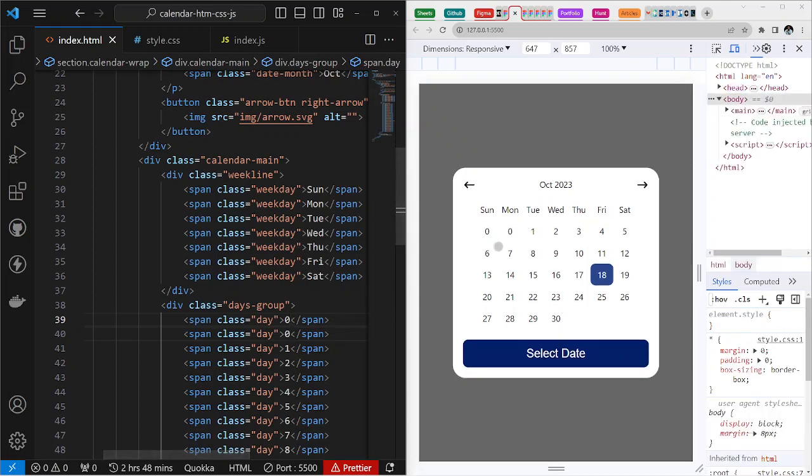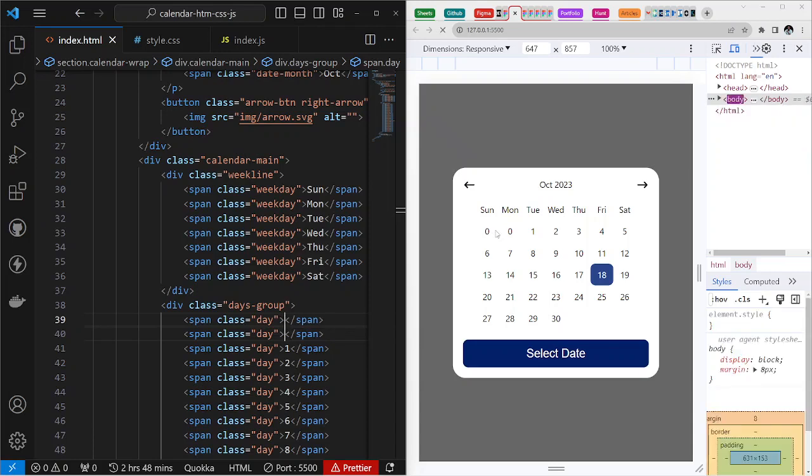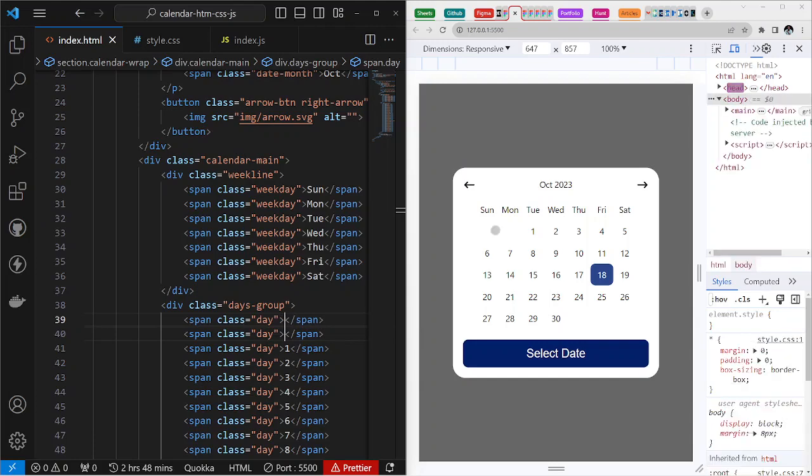Why did that change? So you see this 00, for example. Yeah, so let's imagine that the month started on Tuesday. And so, we have our thing such that the counting of days actually starts from here. But these two spans would actually exist. They just would not have anything written in them. Maybe I should delete the 0. Yeah. Okay. So we would like to have